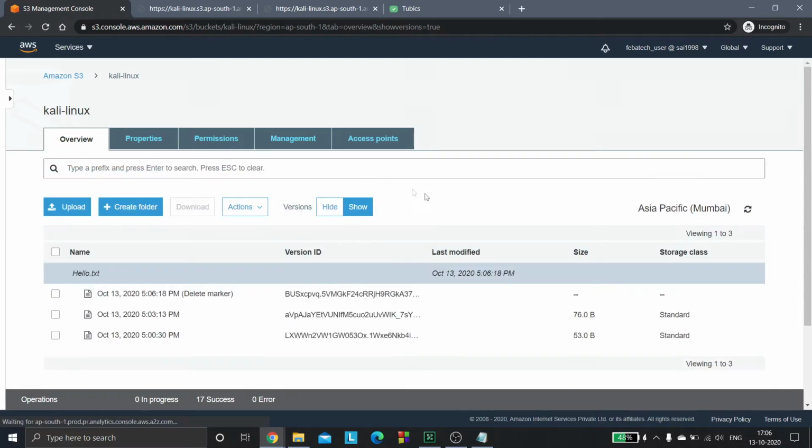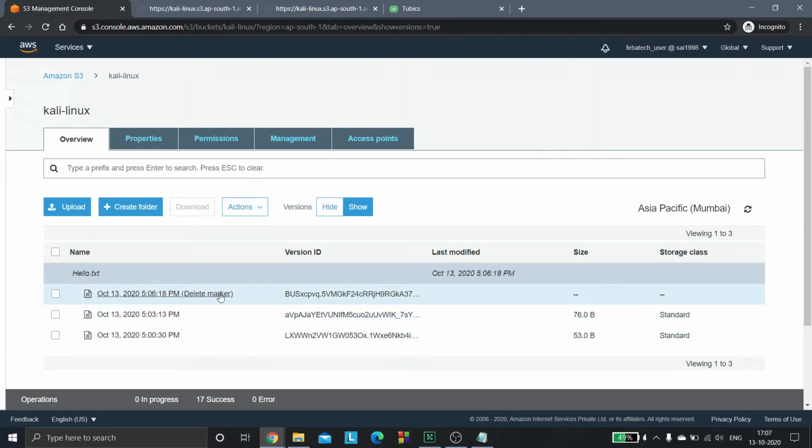But since the versioning property is enabled, when I click on show, you will still have the versions of the file. It simply means that the file is still there in your bucket and you can still access it, but there is a small change. Here you see hello.txt, a delete marker, and those two versions of the file.